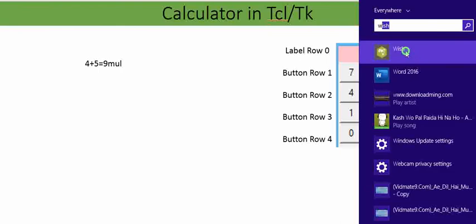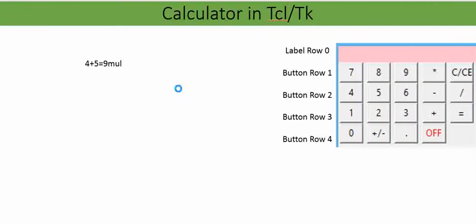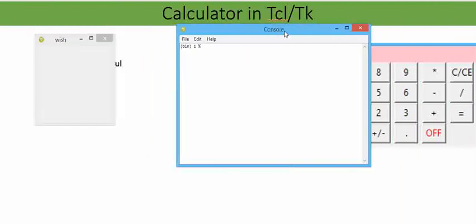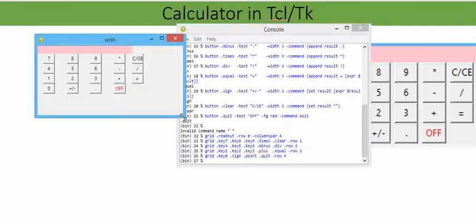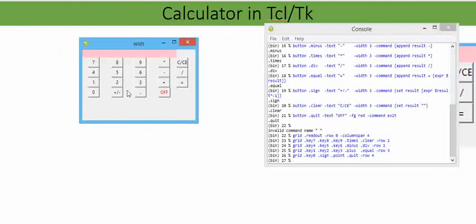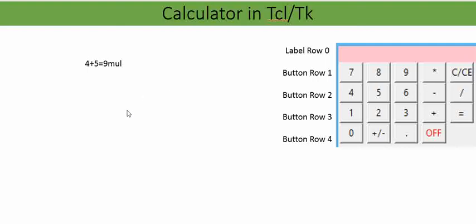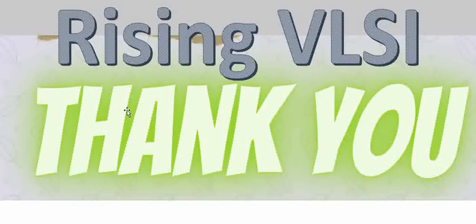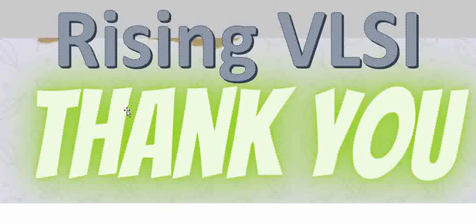Okay, now I would like to show once. So this was one of the interesting examples which I took of the calculator. Here we can invoke or instantiate the standard calculator according to our requirement. We can plan the widgets accordingly. In my previous video, I showed how we can create the exe file of any TCL script. By using that video, you can create the complete standalone calculator of this design script.